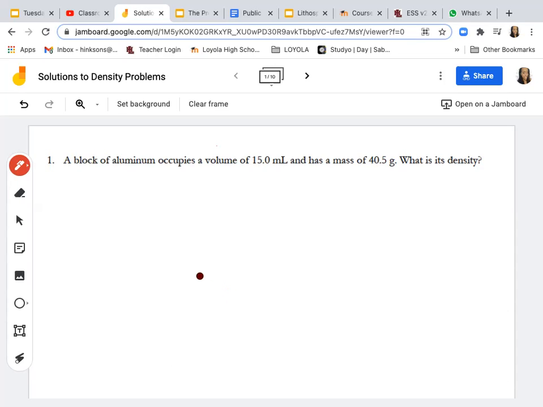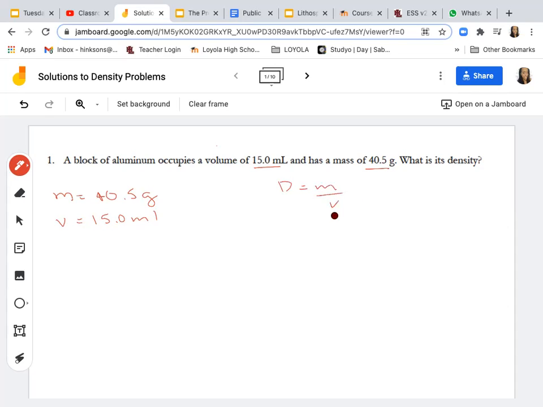So the first problem was pretty much straightforward. A block of aluminum occupies a volume of 15 milliliters and has a mass of 40.5 grams. What is the density? So I read it. And then now what's the next thing I told you guys I want you to do, Rocco? You put for mass, you put 40.5 kilograms. Okay, so 40.5 grams. And you put the volume, V equals 15 milliliters. Okay. And the formula is density equals mass over